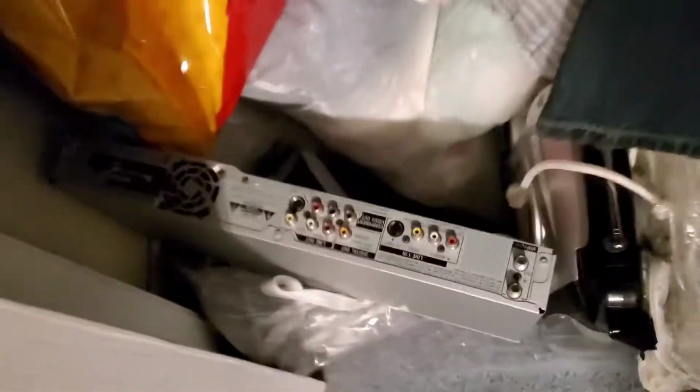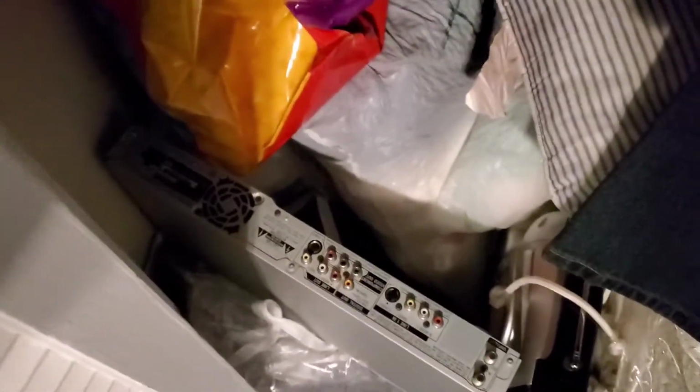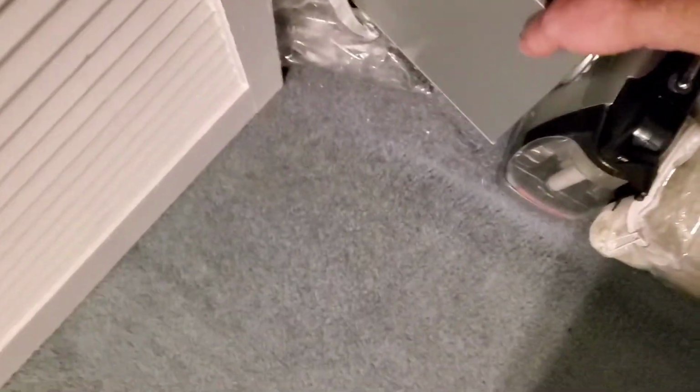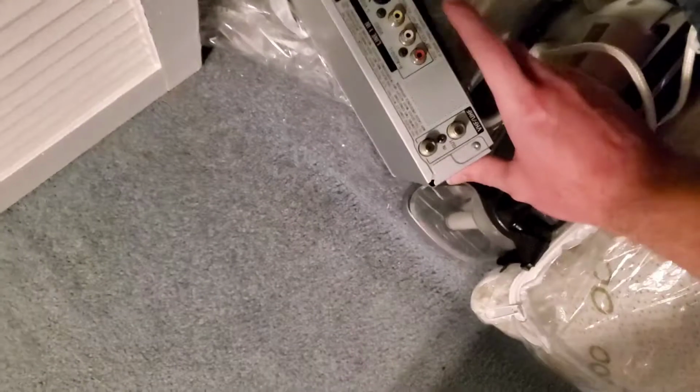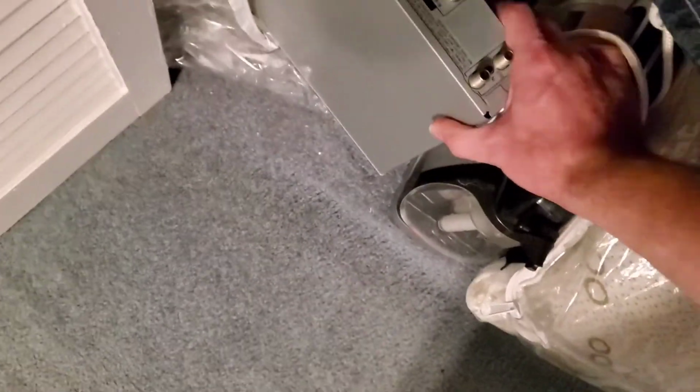Good grief. Yeah, apparently you can't open it right. What is it caught on? Oh, it's caught on this. Yep. It's caught on this Sony DVR, which I don't use anymore now, because I let one of my neighbors borrow it, and the plug never showed back up. And she probably threw it away, not knowing what it was. And yeah, this thing's